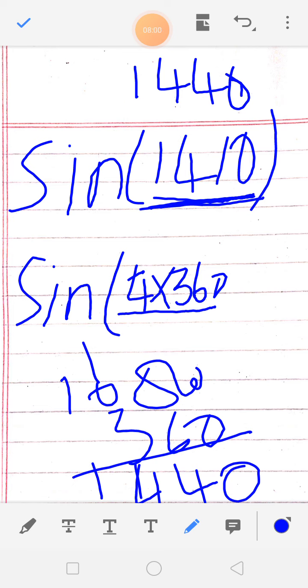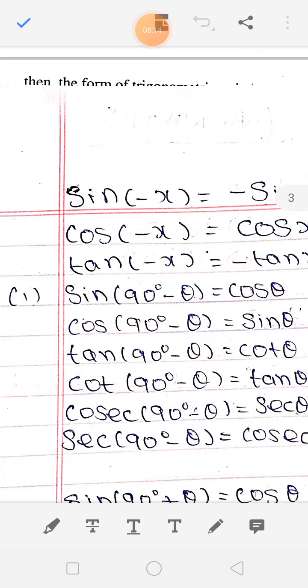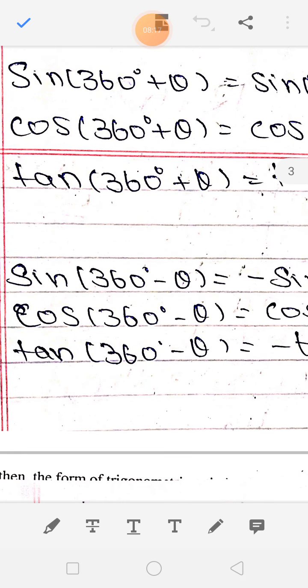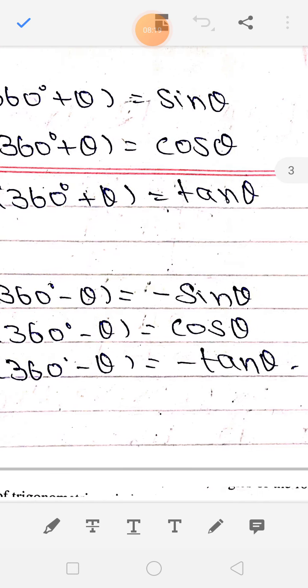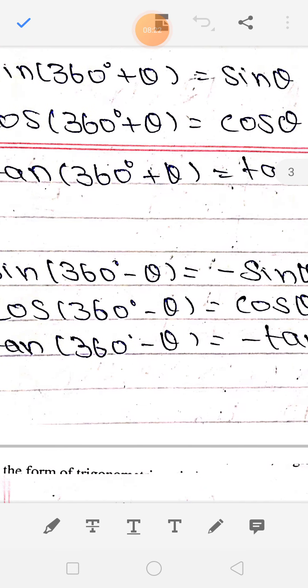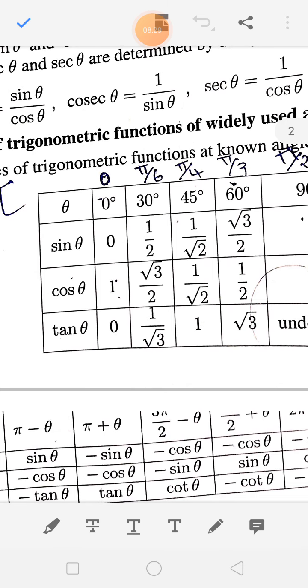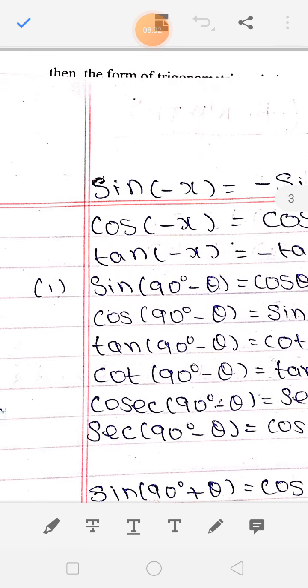So from 1440, what do we do to get 1410? Minus 30. So 30 is the correct answer, because we have sin of 360 minus 30. Sin of 360 minus 30. You have to use this condition: sin of 360 minus theta is equal to minus sin theta. So I can write minus sin 30 degree. In the place of theta we put 30 degree. So sin 30 degree value is 1 by 2, so minus 1 by 2. That's it. This is what we have to prove.